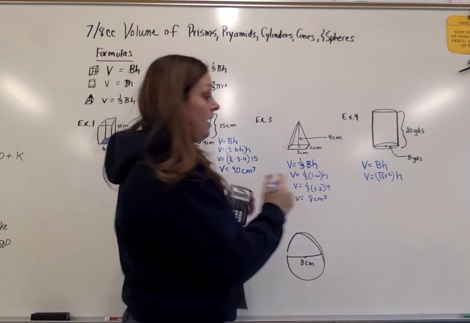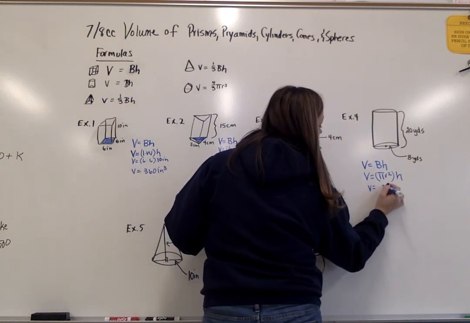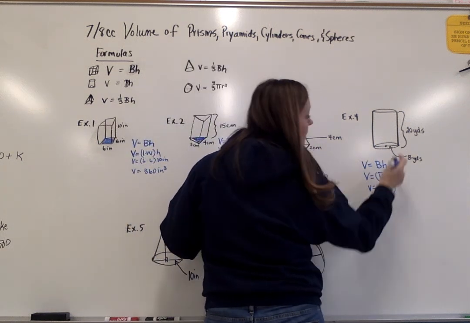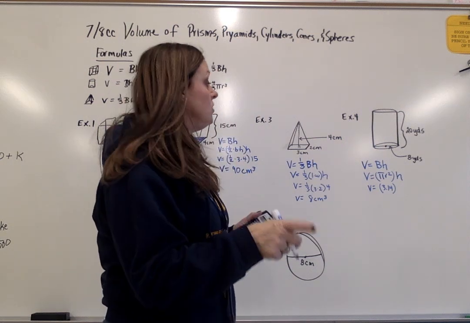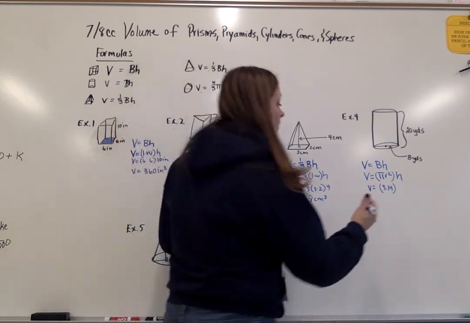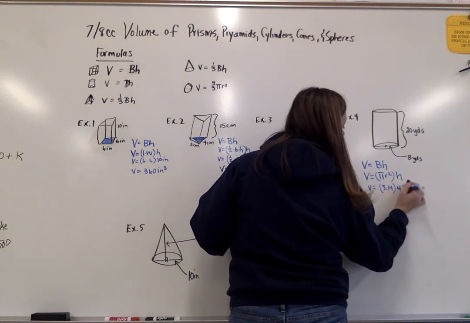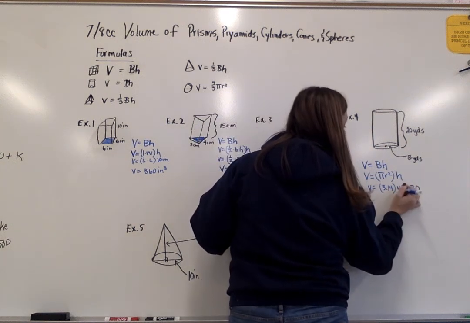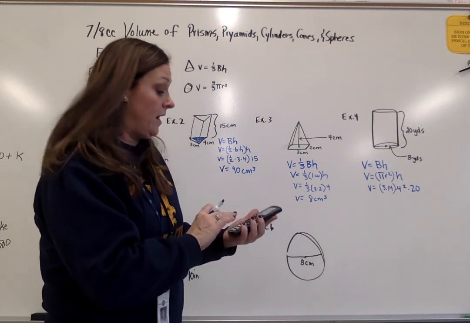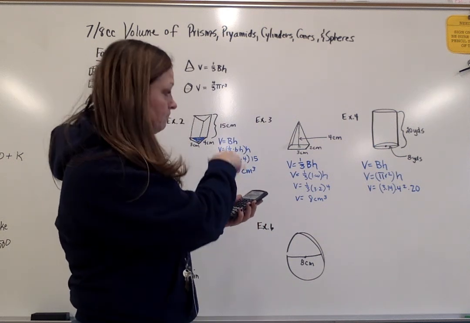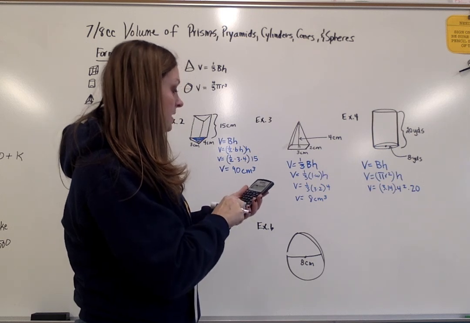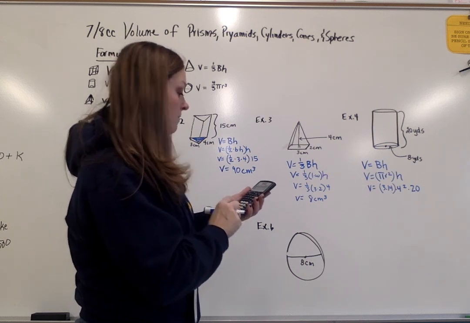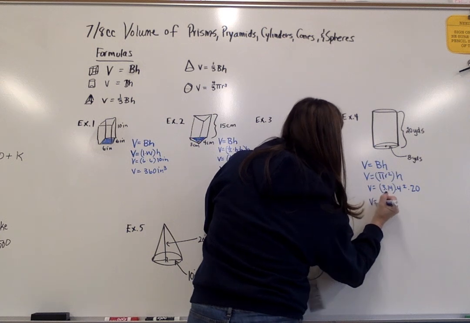I therefore go ahead and I plug in 3.14 times my radius. They gave me the diameter, so you need to make sure you cut it in half. Watch out for that. So that's 4 squared times 20. And for this one, I'm definitely going to go ahead and use my calculator. So I have 3.14 times 16 times 20, and I get this ridiculous number of